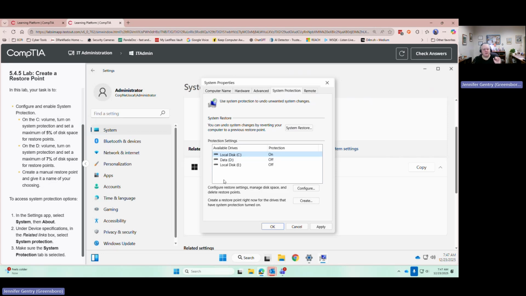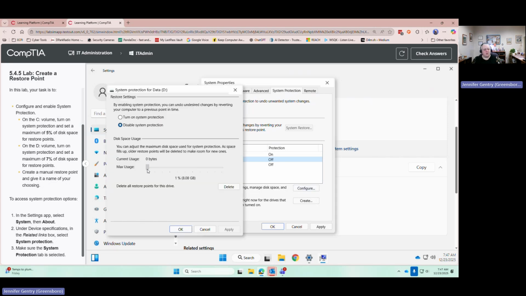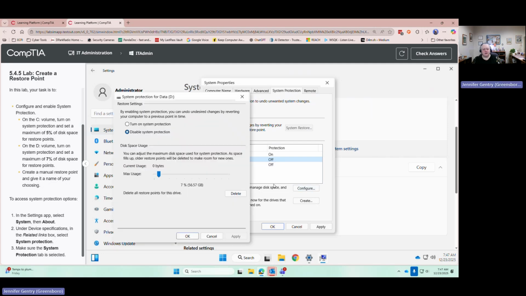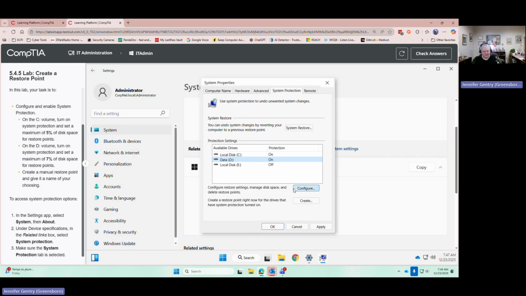So on the D, I'm going to do the same thing. I'm going to select D, go to configure. This one I want to go to 7%. There we go. I'm going to click OK. Oh, I forgot to turn it on. Turn on. 7%. Okay, there we go. On and 7%. Now this last one, to create a manual restore point, I'm going to go ahead and click